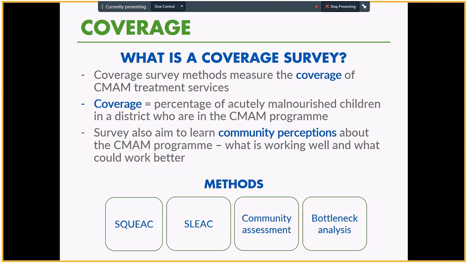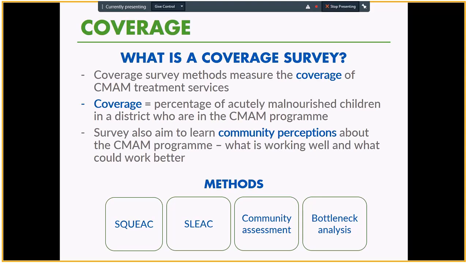So what we're trying to do is get that percentage, or that rough range of percentage, but we're also trying to get the really important qualitative information. The information which can tell us, if these children are in the health district and are not accessing treatment, why aren't they? And this is one of the most important aspects of delivering an effective programme: reaching all those who are eligible for treatment.